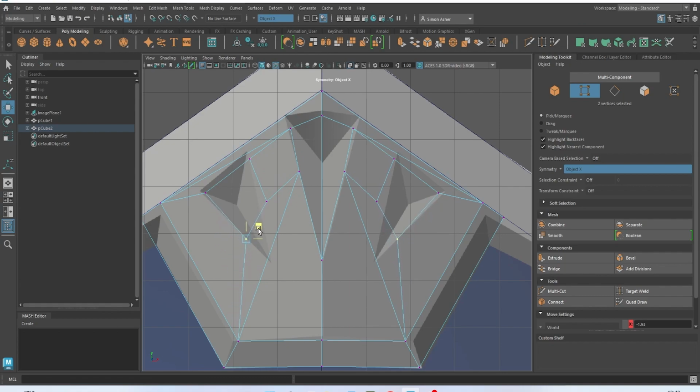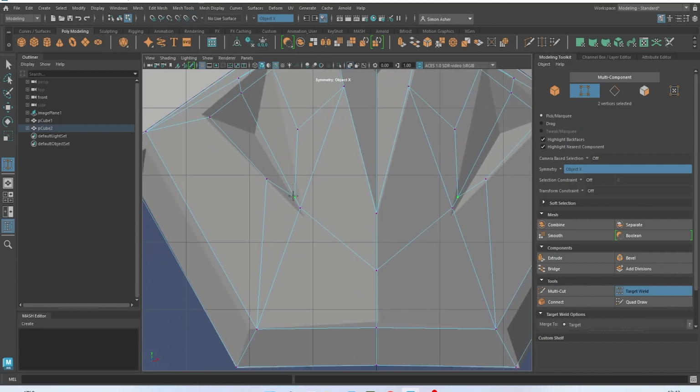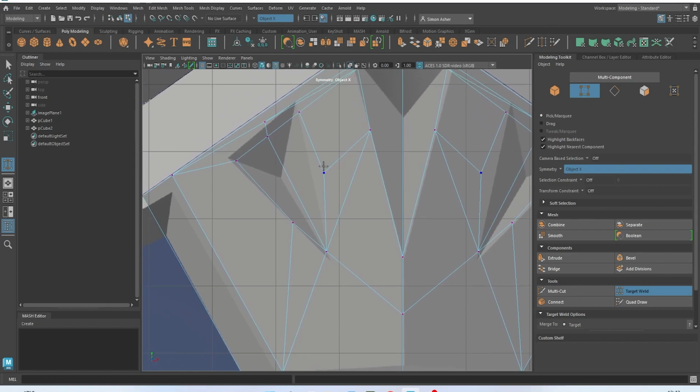I'm going to want to add in another edge loop, so I have to multi-cut again, come to the middle here, right middle mouse button click to make it automatically go to the middle, drag that down. Now I'm going to do edge loops, I'm going to do mesh tools and target weld, and what I'm going to do is weld these 2 vertices together, so I'm going to just click and drag, because we don't want too many extra edge loops, and I'm going to go back to